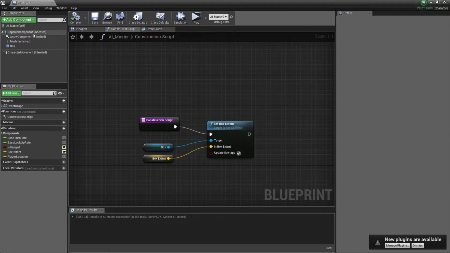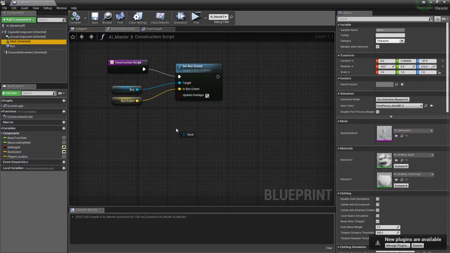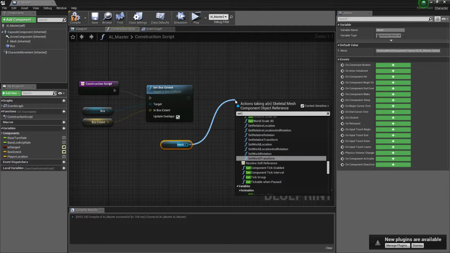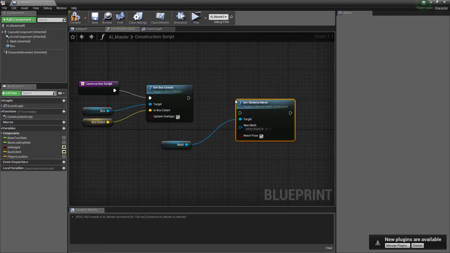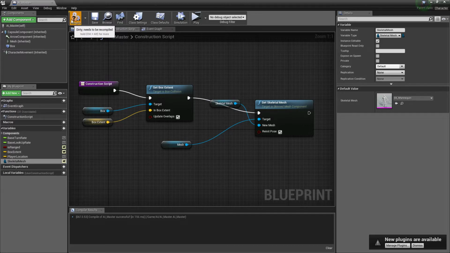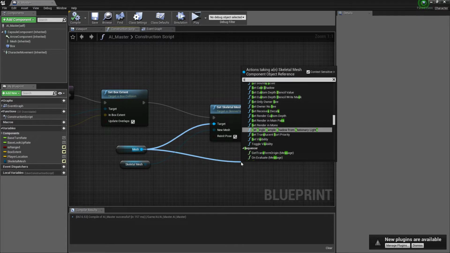And then another thing you could do to make it a little bit more dynamic is set skeletal mesh, promote to variable. So just call it mesh. Skeletal mesh, that'd be public, compile. And of course I'm going to keep it as that guy. But if you do this, then you want to also set